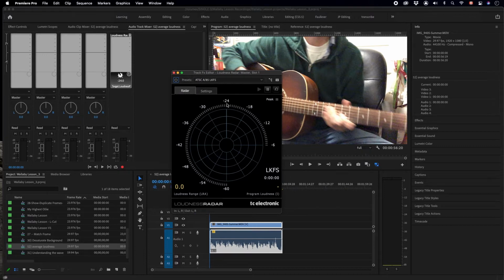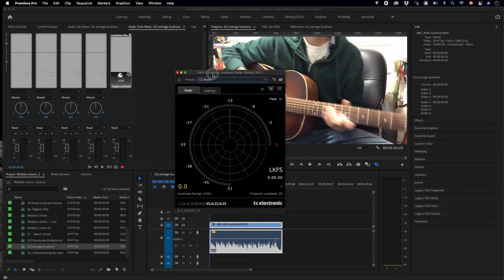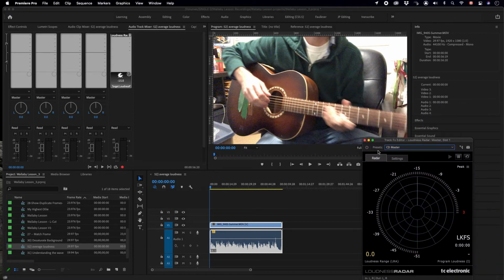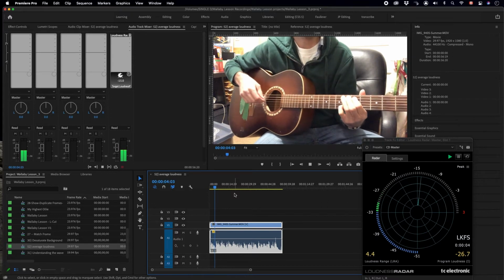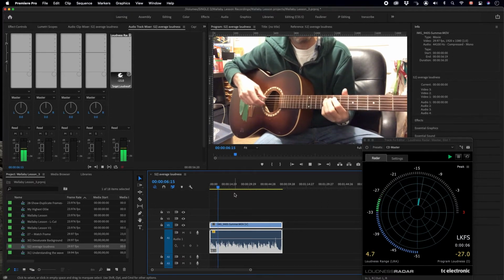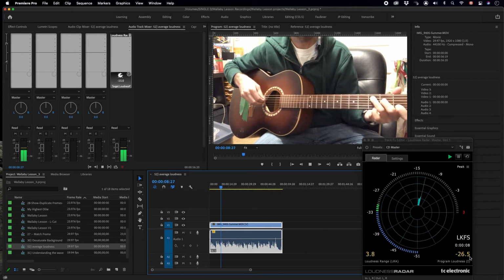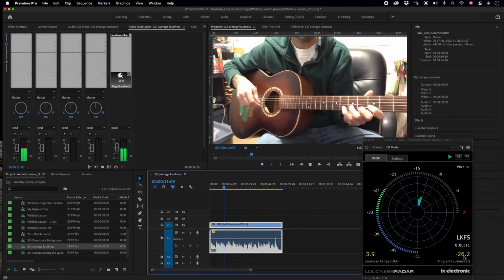The default setting is -24 average loudness, which is usually for broadcast, -24 or -23. But for YouTube we usually have things a little bit louder, so we're going to go to CD master around -15. And to see how loud this track is, basically you press play and listen through, and it'll tell you on the bottom right what the average loudness of the program or clip